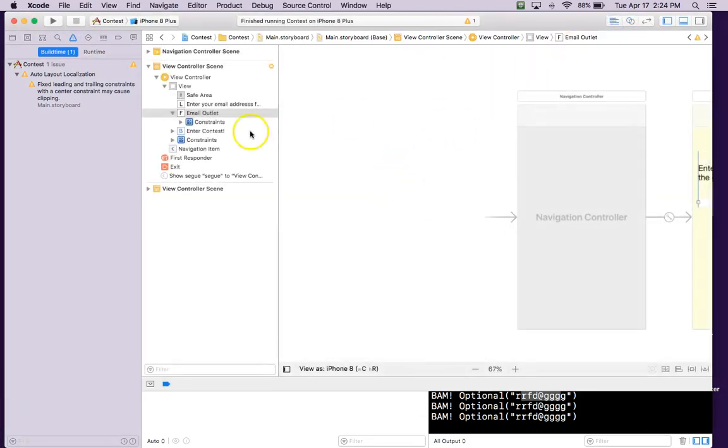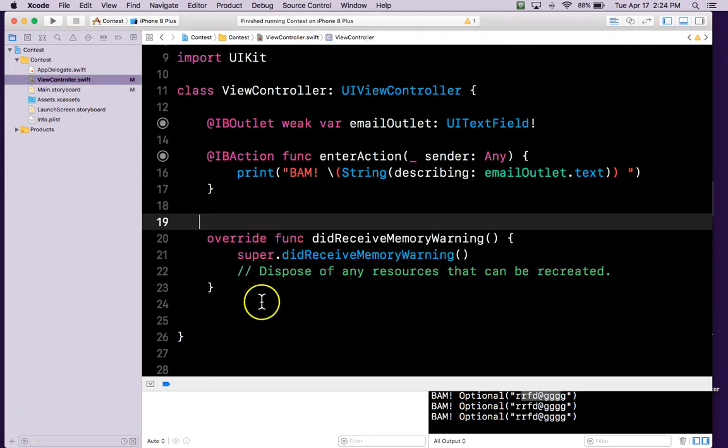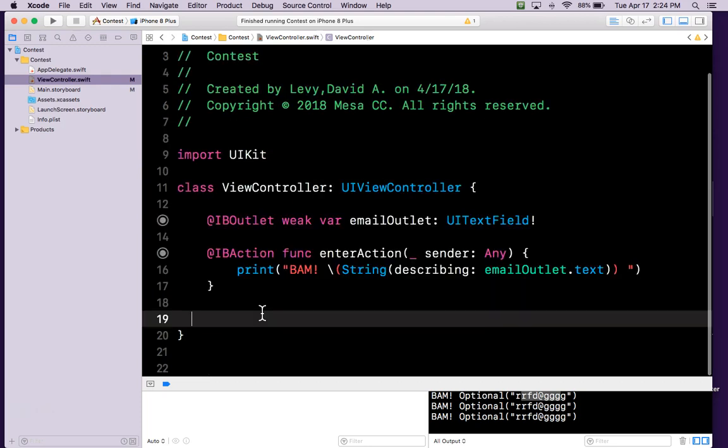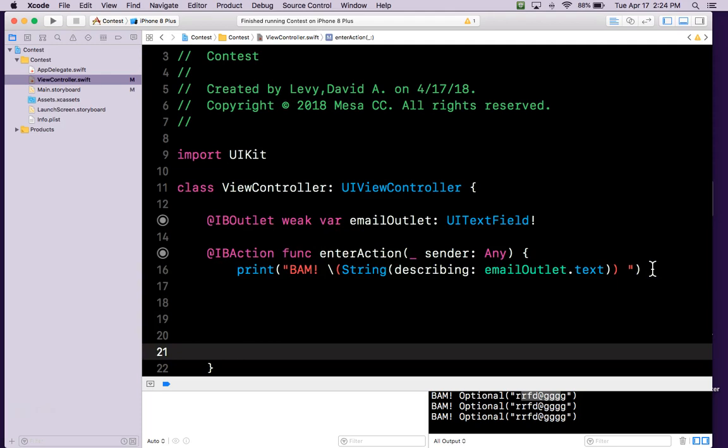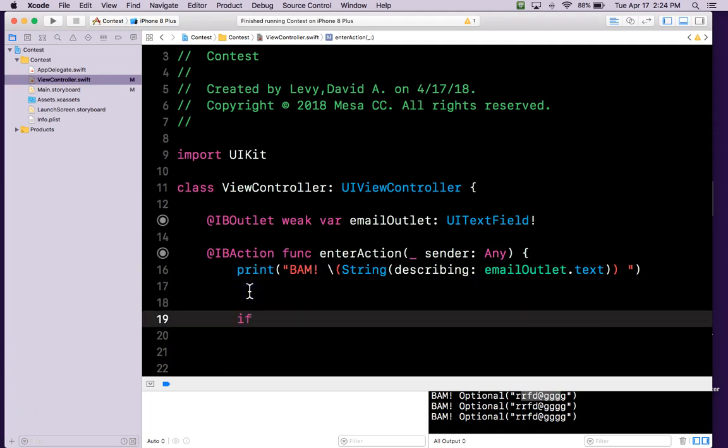I'm going to turn off the Assistant Editor and go back over here to my files. And I'm opening up View Controller. All right, we don't need this view to load right now. We don't need this memory warning. We do have an action here. Now, what we want to do is we want to check some stuff. Let's check if the email outlet dot